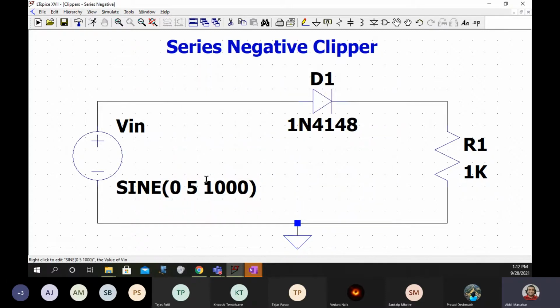Now, the time period of a 1 kilohertz signal will be how much? 1 millisecond. So then, if you want to see this waveform, how will you do that? Please do this. I should be sure that you have selected the proper sinusoidal wave. So put this diagram now in the chat box with this sine wave in place.